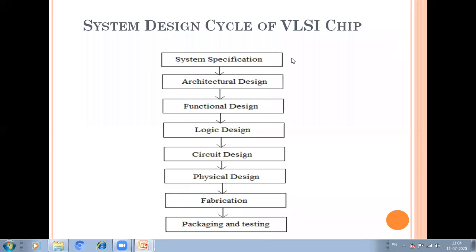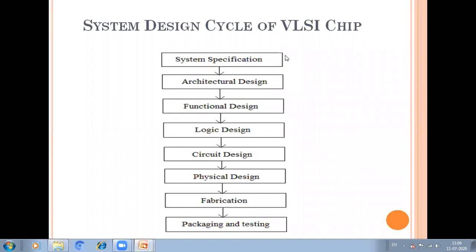The first step is the system specification. The first step of any design process is to set the system specification of the system. System specification is a high level representation of the system. The factors to be considered in this process are performance, functionality, and physical dimension, which means the size of the chip. The fabrication technology and design techniques are also considered. The specification of a system is a compromise between market requirements, technology, and economic viability.